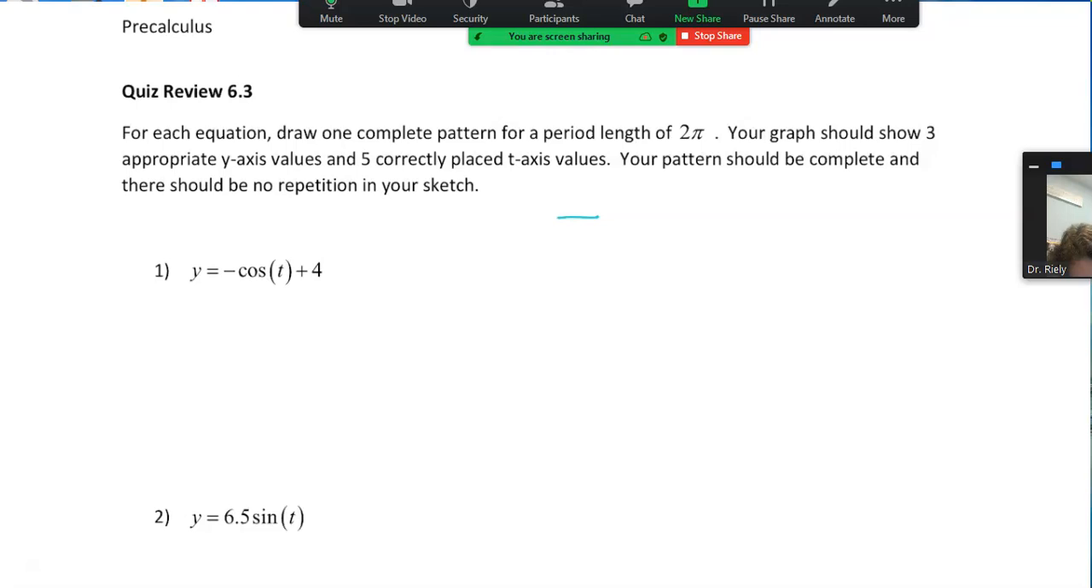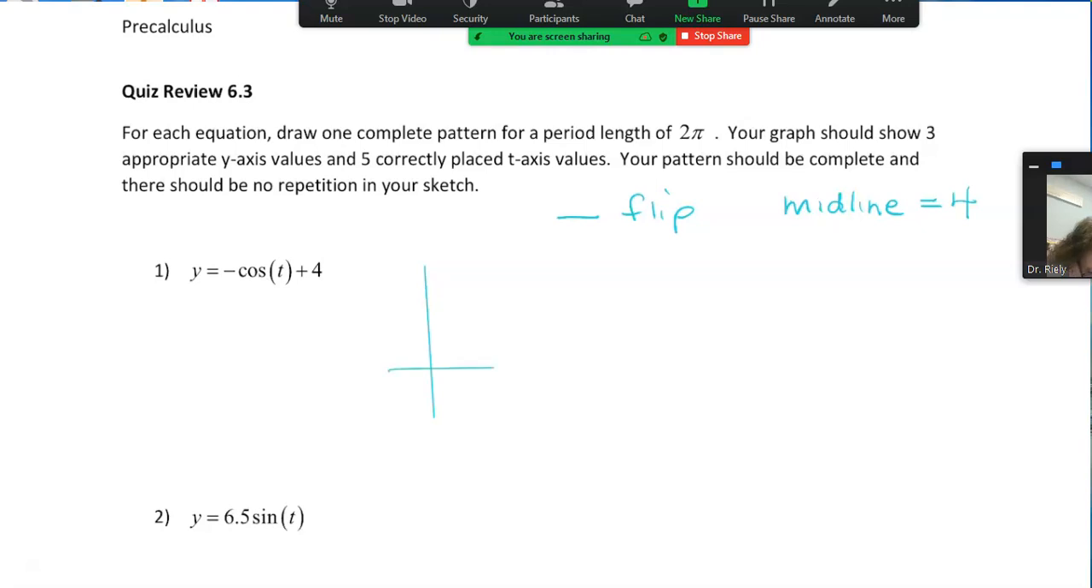So I have two changes. One is a flip, and that's a flip over the x-axis. And the other is that the midline, or the D, equals 4. Okay, so I have no angle changes, no amplitude changes. So bear that in mind. So you're going to get your graph,